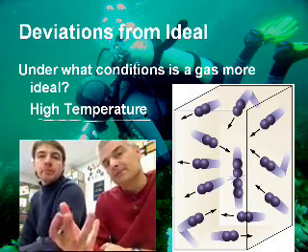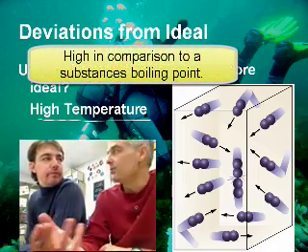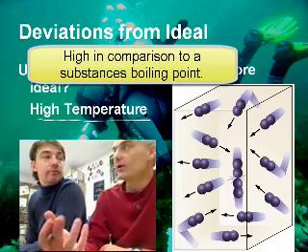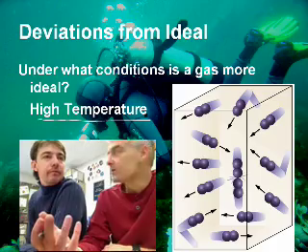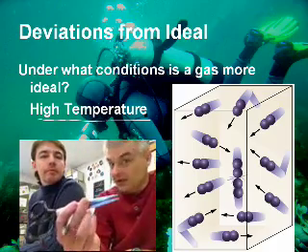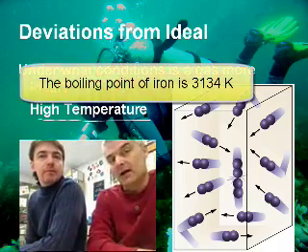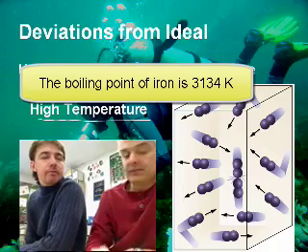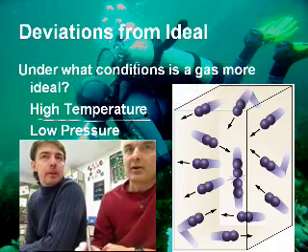So in this room, oxygen is ideal. It's a lot higher than its boiling point. Its boiling point is minus 200 and something degrees Celsius. We're like almost 300 degrees above that in this room. Now, if I wanted to take the scissors, if I could get it 300 degrees above its boiling point, which I don't know what it is, I could make it ideal. Second thing that would help it is if I could have a low pressure, so they're more spread apart.